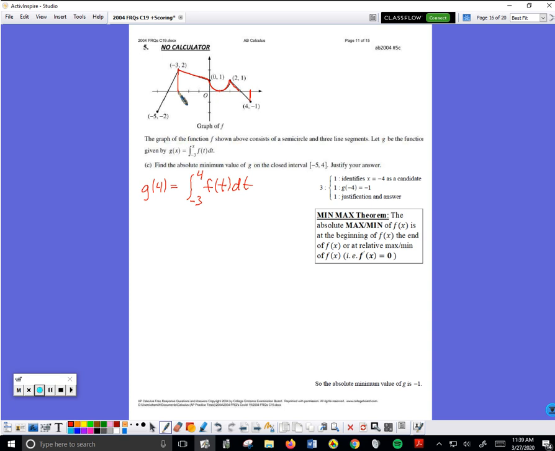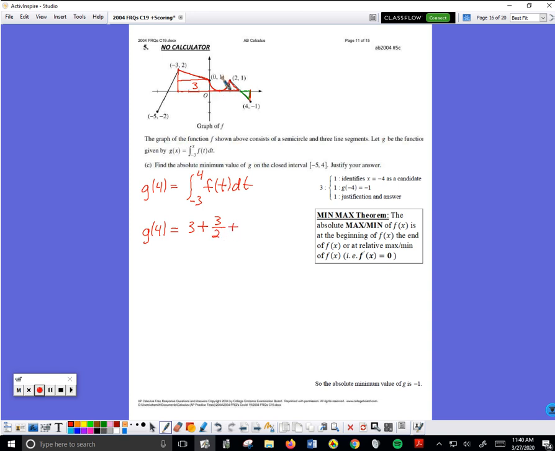So all of this area in red will count positively towards the value of the integral. But the area down here in green, where f has a value that is negative, that counts negatively. So just break it up. So again, breaking this up, 3 times 1 is 3. So G of 4 is going to equal 3 plus 3 halves